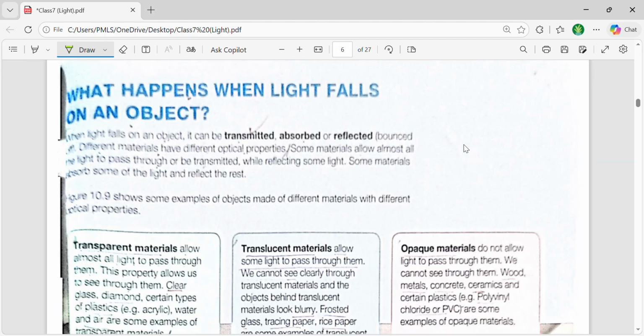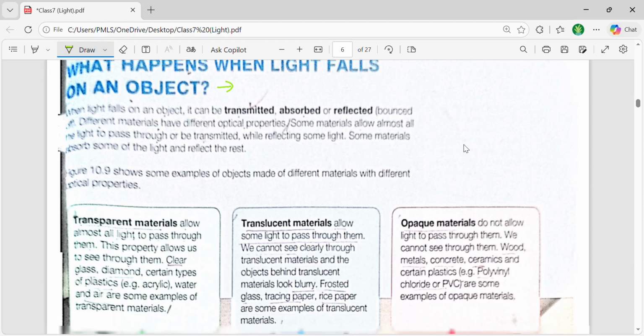As I have already mentioned, light can pass through all mediums and even through a vacuum. But for solids, for objects, we need to understand that there are different types of material as well. So now let's learn what the behavior of light is when it passes through different types of materials. The materials mentioned are the transparent material, the translucent material, and the opaque material.